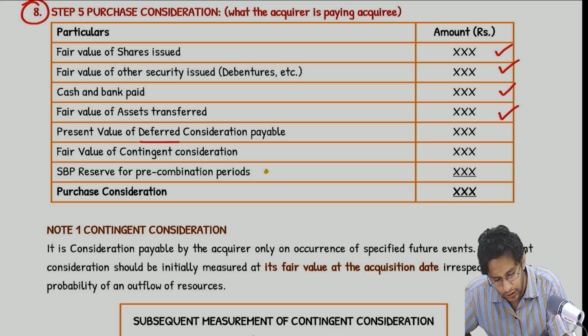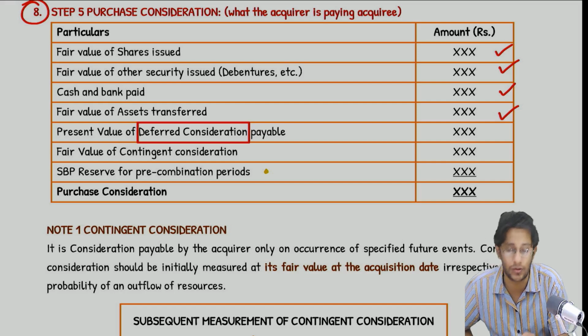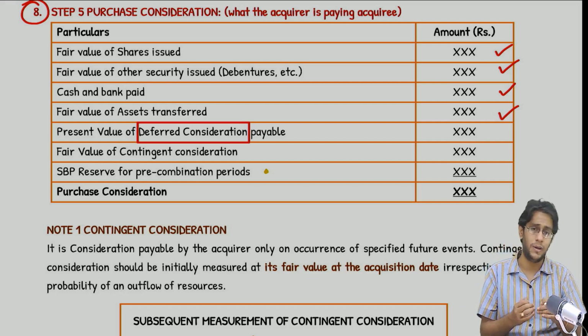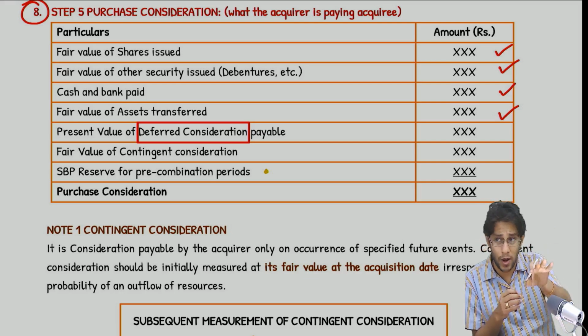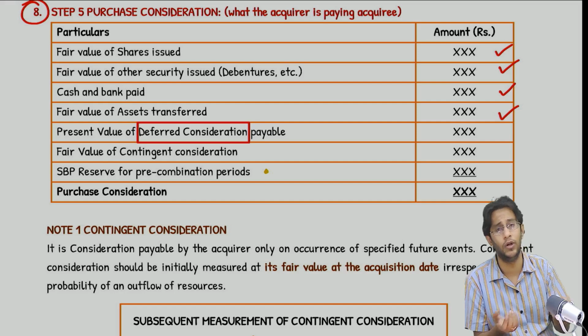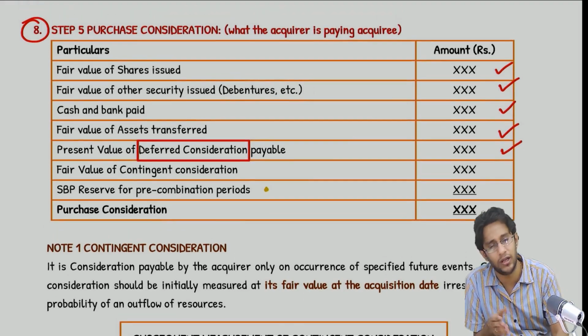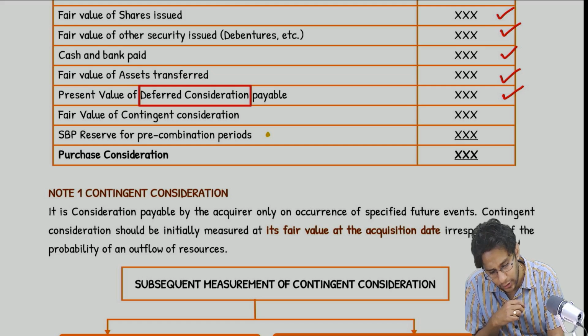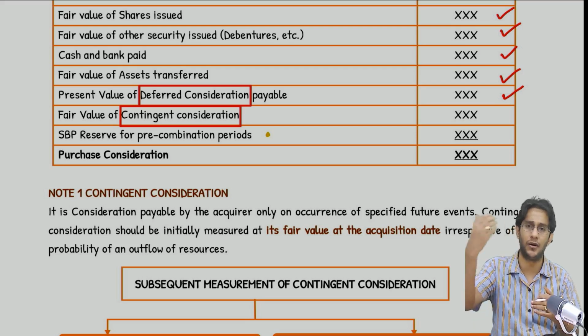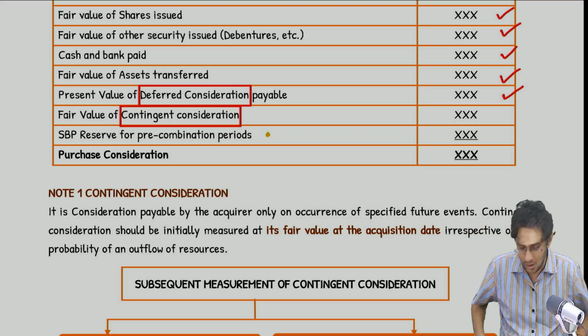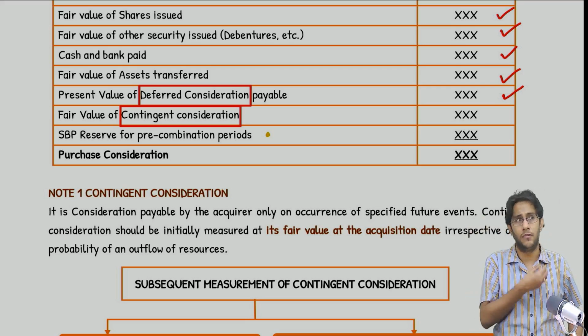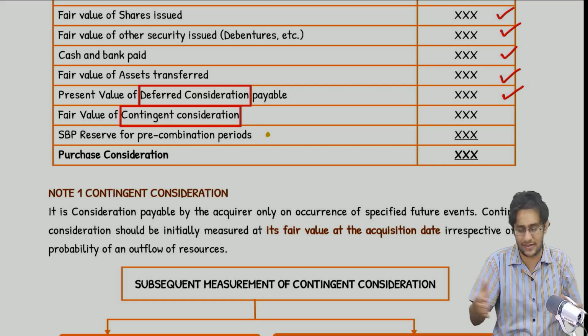In case you agreed to pay, but you did not pay now, but you agreed to pay at a later stage, that is called deferred consideration. So it is a payment only, but it's not paid now, it's paid in future. A promised consideration's fair value is what, sir? Present value. So if it is a deferred consideration, we'll measure that at present value, because the present value only is the fair value there. Next, coming to contingent consideration. Contingent consideration means I promise to the acquiring entity that I will pay you some extra consideration provided, let's say, the profit exceeds a particular limit, or my margin, my returns, my earnings growth rate is so and so in the next 3 years, something like that.